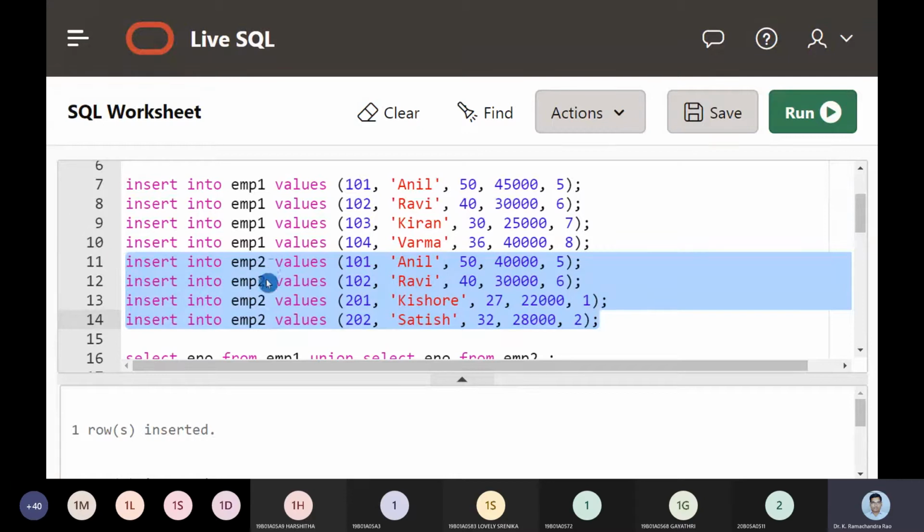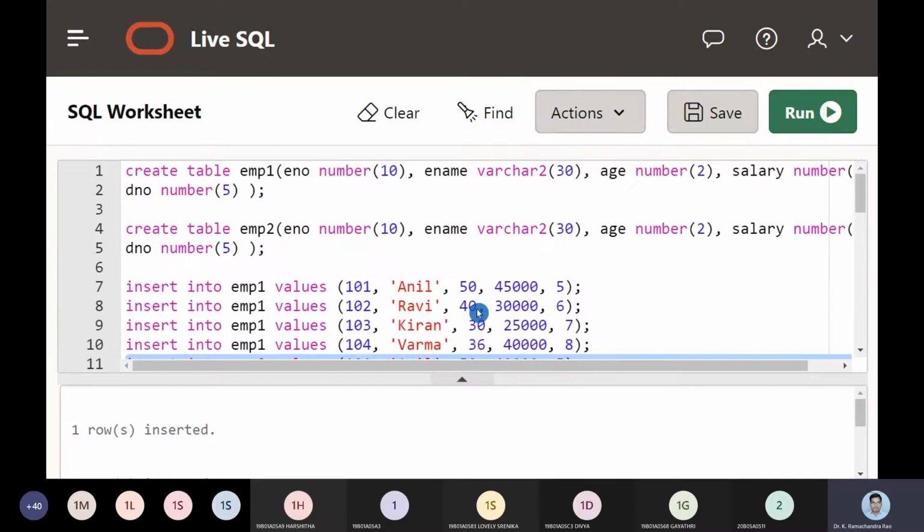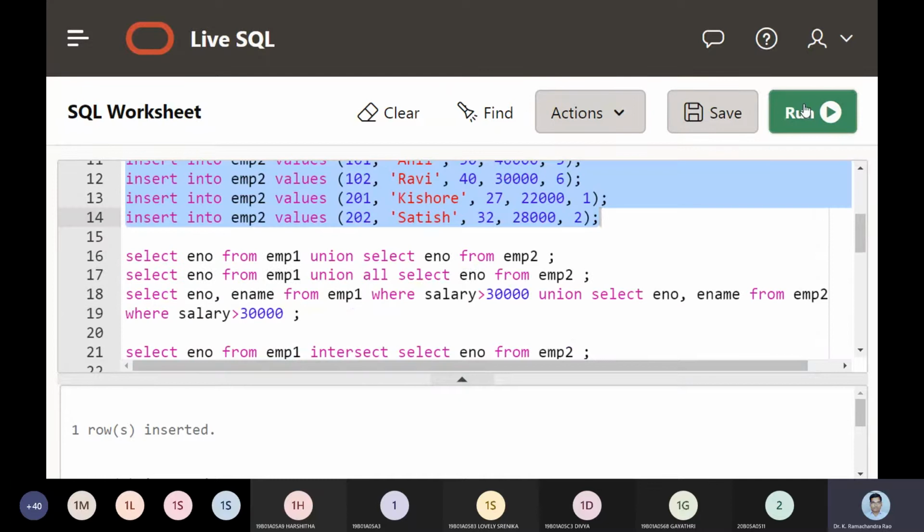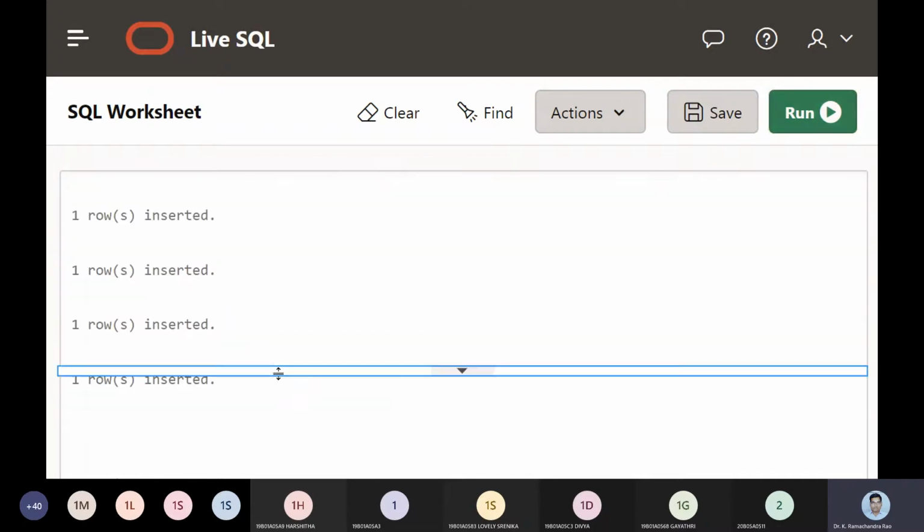We have employee number 2 with 101, 102, 201 and 202, with Anil, Ravi, Kishore and Satish, with the remaining attributes, their ages and their salaries. So I am hitting the run button to execute. Now again we can see that the records are created with 4.